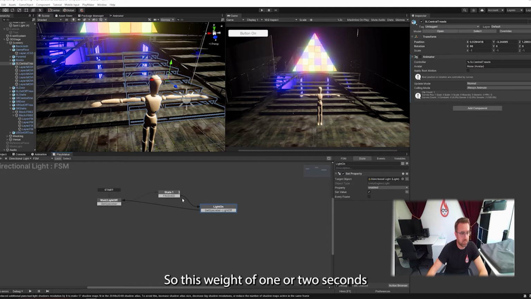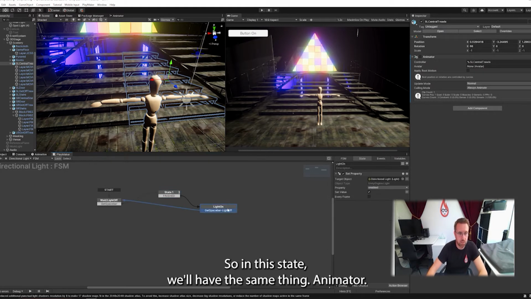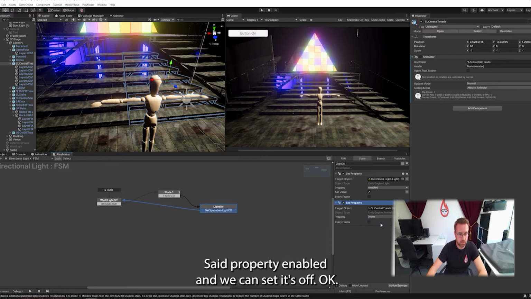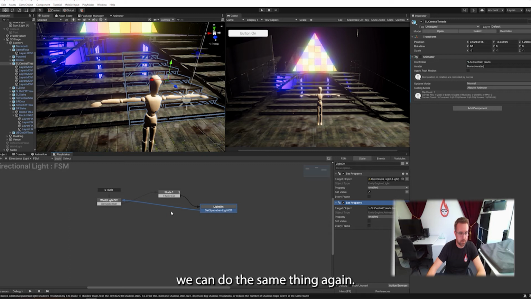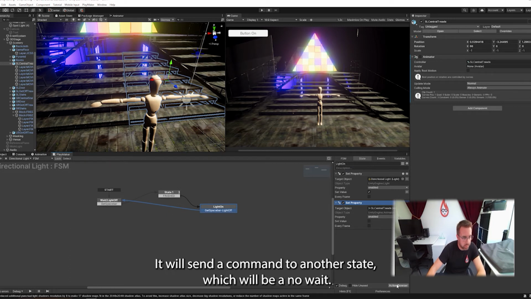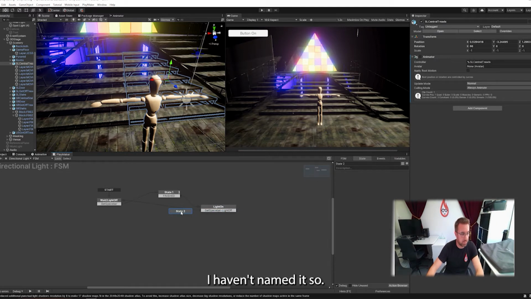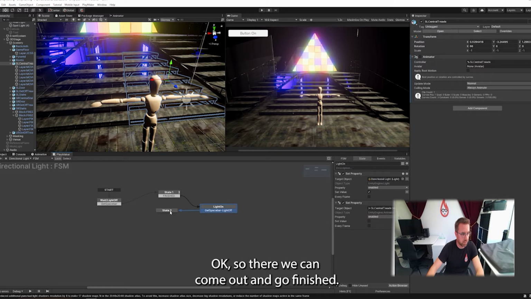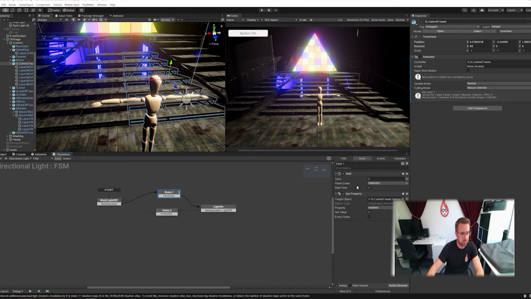So this wait of 1 or 2 seconds will relate to how long it takes for the treads to move off stage. So in this state, we'll have the same thing, animator, set property, enabled, and we're going to set it to off. And then afterwards, when he gets another keyboard command, we can do the same thing again. It will send a command to another state, which will be another wait. I haven't named it, so it goes to there. We can come out and go finished, go to here, and this wait will be however long it takes for